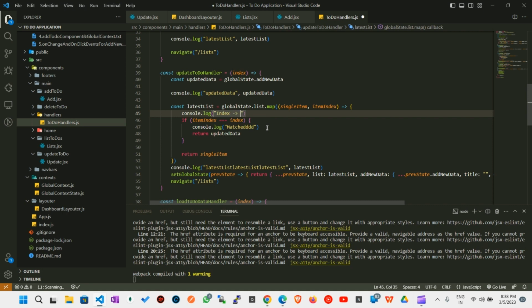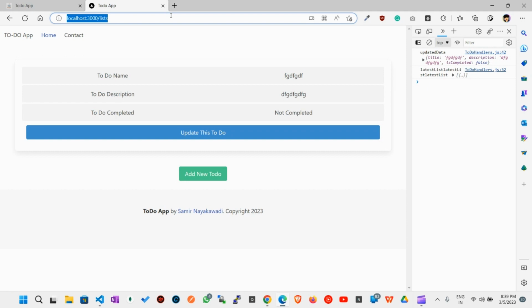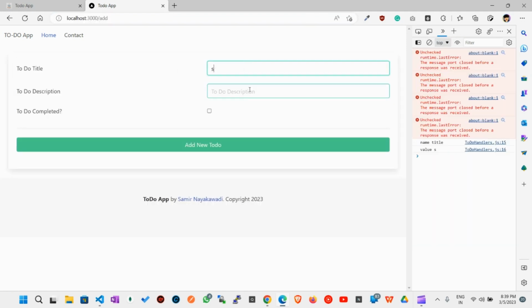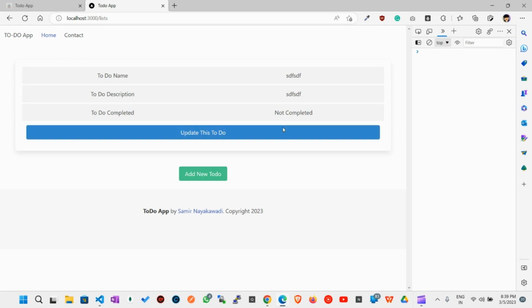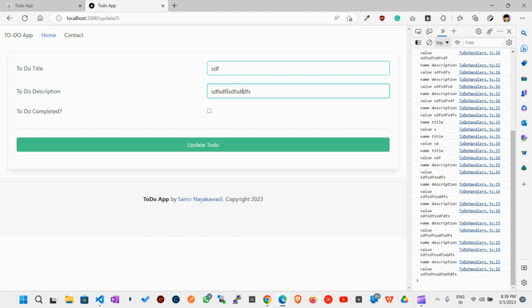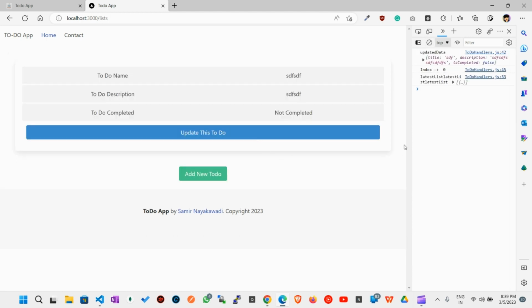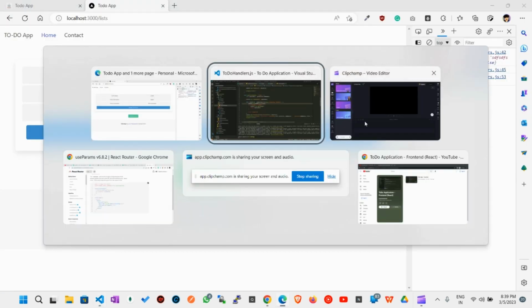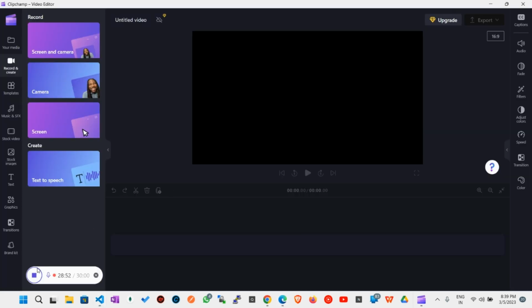Okay. Index is index. Then we have this list. Add it, update it, and then index. Index is 0. Let's see. Let's complete that in